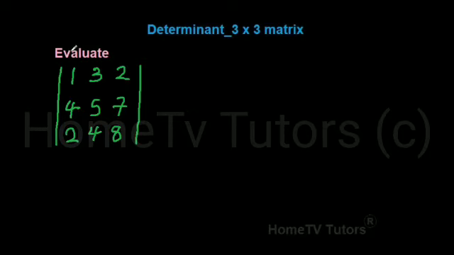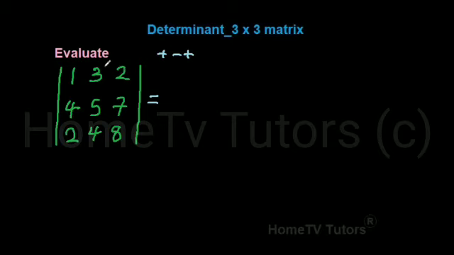Let us evaluate this 3 by 3 matrix. To expand this determinant, we have to write down each element along the top row, that is the elements 1, 3, 2. To do that, we multiply each by its minor, and we make sure that each term has a negative or positive place sign depending on where the term is